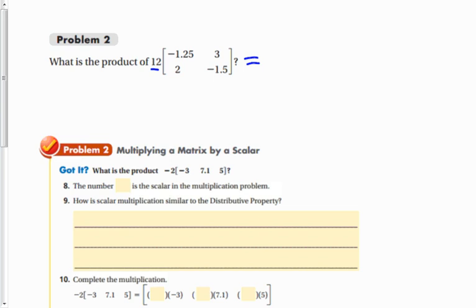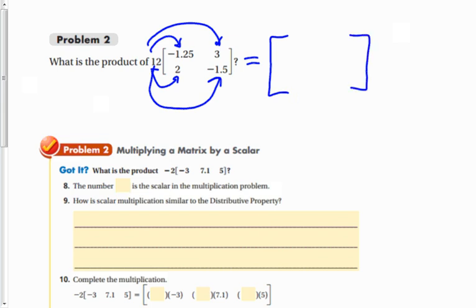So we're going to multiply the 12 times each element inside here and come up with a matrix that has the same dimensions, same number of rows, same number of columns. So you're going to multiply 12 times negative 1.25. 12 times 3, and so on. So we're going to get